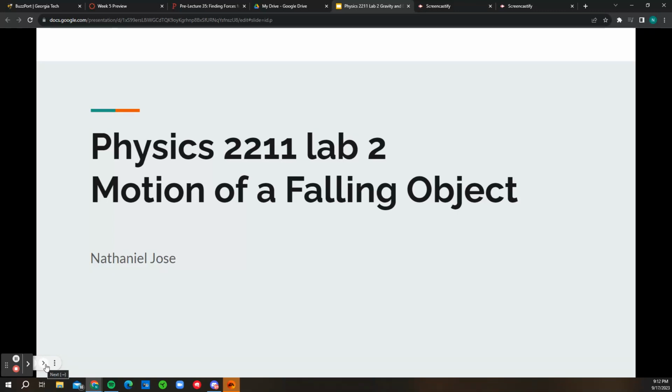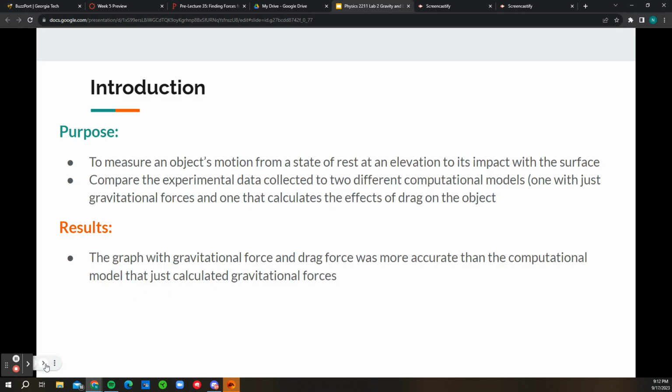Hello, my name is Nathaniel Jose, and today I will be discussing my Physics 2211 Lab 2, Motion of a Falling Object. To introduce this lab, the purpose was to measure an object's motion from a state of rest